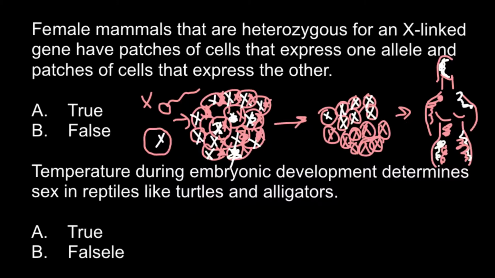Imagine that one of the X chromosomes has a defective allele, but it doesn't mean that there are going to be problems. Problems are going to be only if that particular defective allele would be expressed in particular tissue where